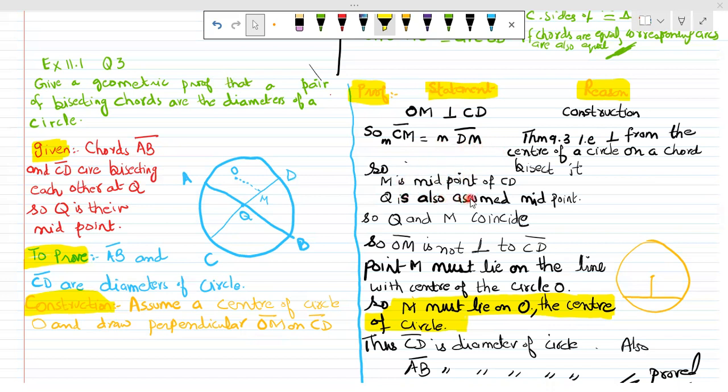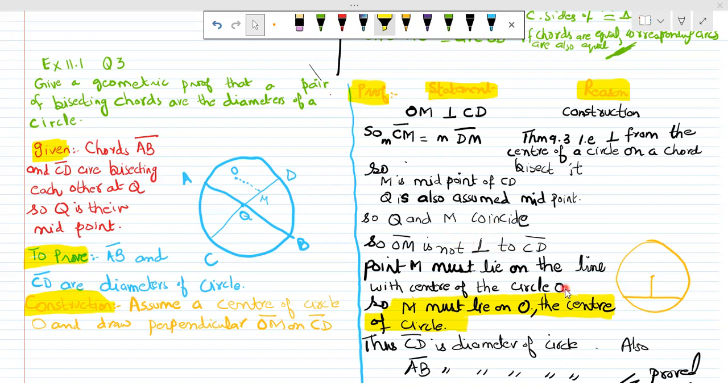But also we have assumed that the midpoint of CD is Q. Q is also the midpoint. Now M is also the midpoint according to our assumption. So it means that Q and M are coinciding with each other. They are not different points. They are the same points. So M is not perpendicular to CD, and M is the same point, which is